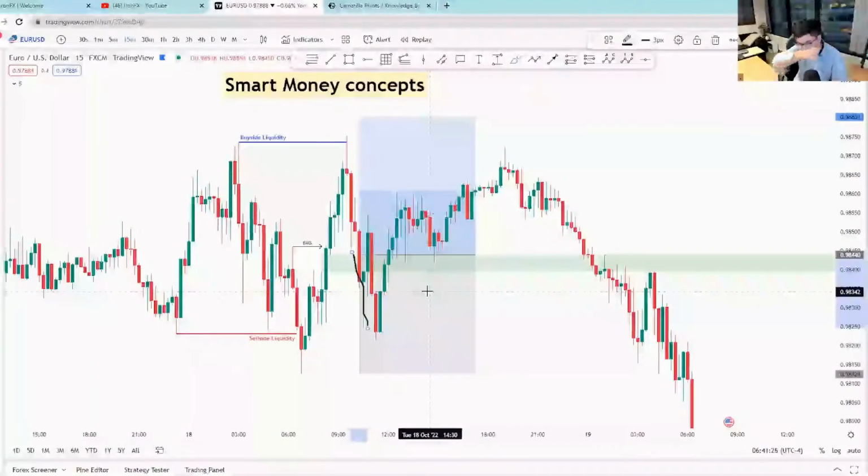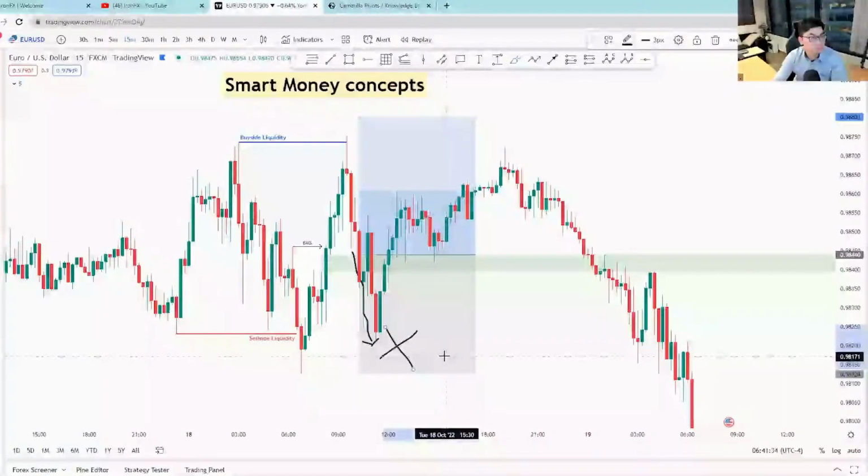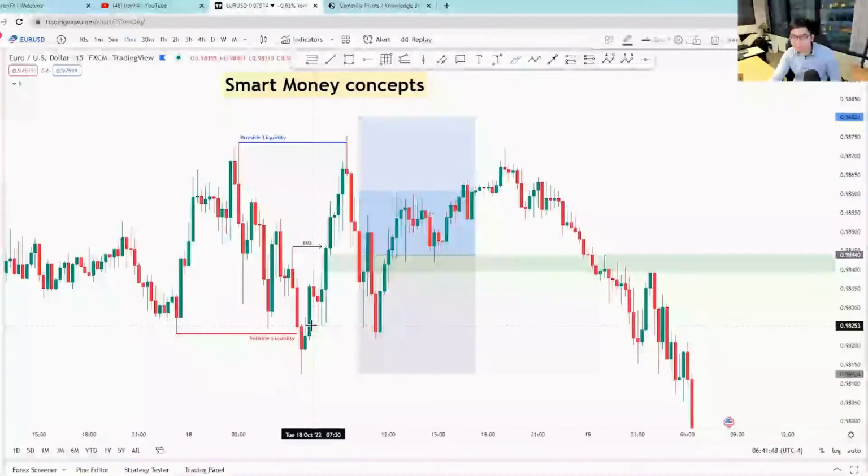I know a lot of beginner traders, not you guys, when price starts to go this low, you close out your trade, then price goes back up, and you think, damn, I could have held on to my trade and I wouldn't have lost money. So the moment price broke this area,